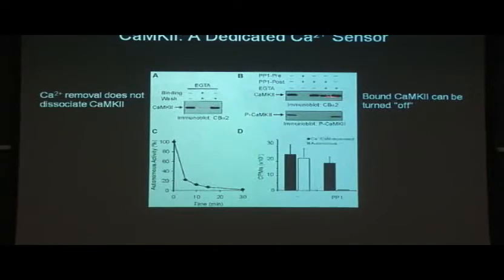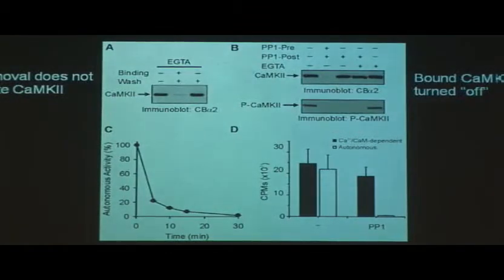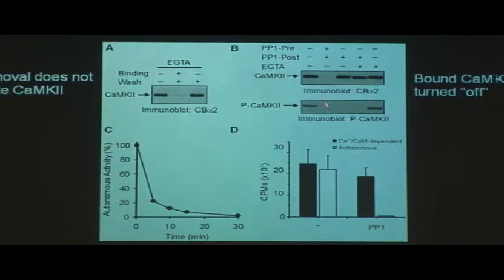And what you can see, look first at this panel, because this is an antibody against the phosphorylated isoform of the kinase, showing that it's essentially active in this state here. And what you see is that if you add the phosphatase after it's already bound, then under these conditions right here, you can turn it off. The calcium, as shown here, itself won't turn it off.